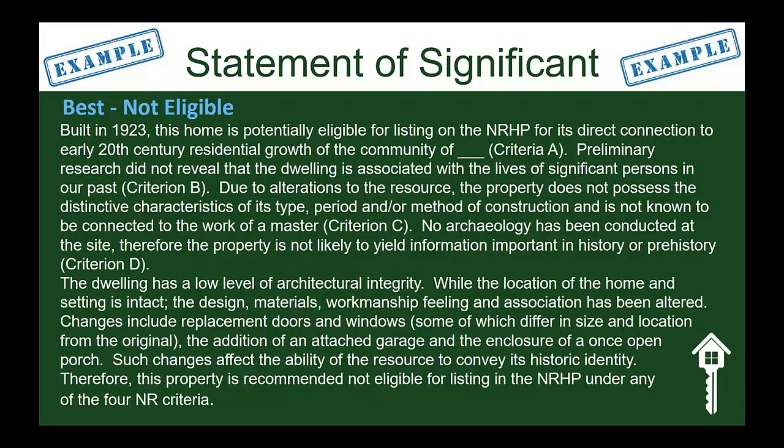So this is, specifically due to alterations, the property does not possess its distinctive characteristics of its type or period of construction, is not known as connection to a master. No archaeology has been conducted on the site, is not likely to yield information. The dwelling has a low level of architectural integrity. While the location in the home setting is intact, other changes have occurred, including doors and windows, which differ in size and location. This is a good example of what a quick, down and dirty statement of significance is going